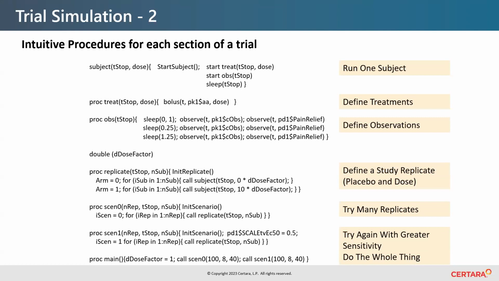If you need to, say, run the arms of the subject in parallel, then you can use start instead of call for the subjects. And there's a lot of ways it can be made more complicated, but let me stop here